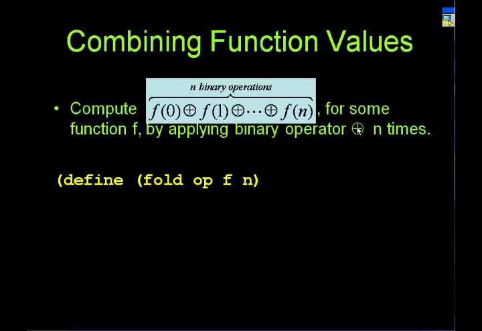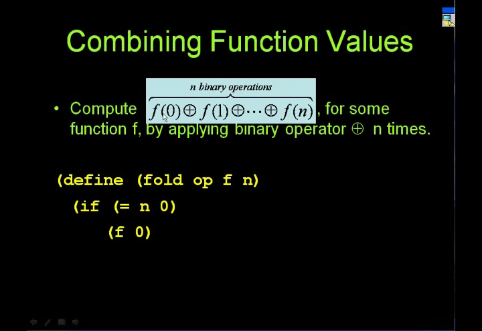I call this operation fold. There are 3 things here: there is the operator, there is a function, and there's n, which tells you how many pieces. So how do you write this? Right now it's all recursion. We always do recursion. So what's the first thing in recursion? The base case, which is n equals 0. Then you do what? Return